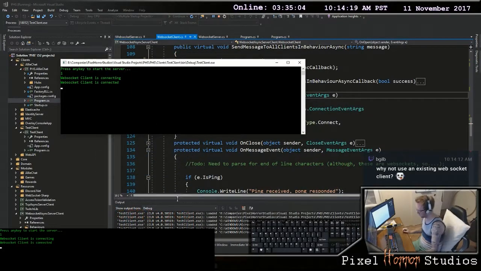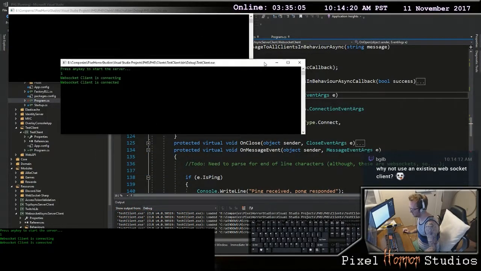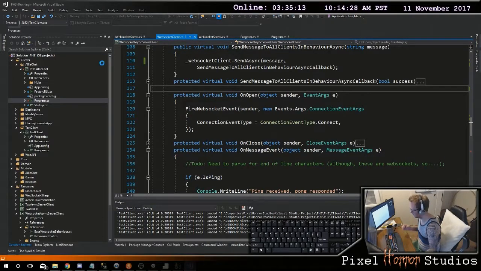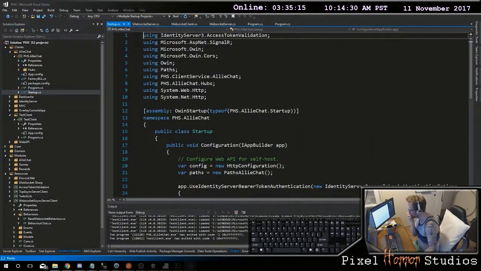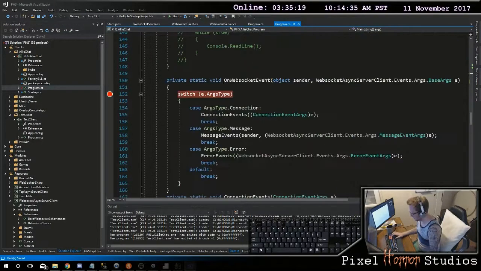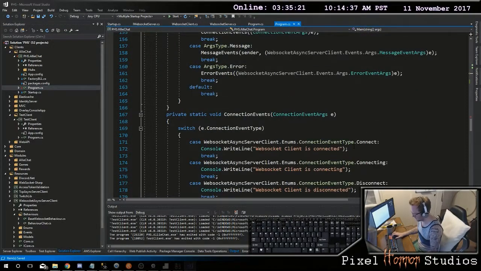And bam, you can see that our WebSocket client is connected. Everything is good. Everything looks great. On open here, we're going to fire in my client. Over here, I want to do it from the server. So on my server side, when we get a new connection,